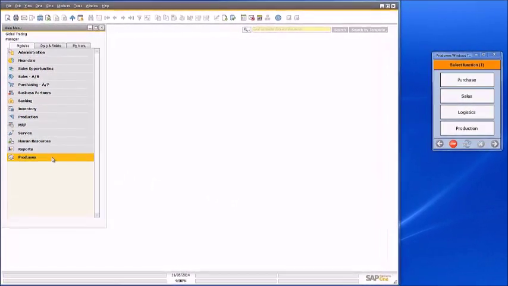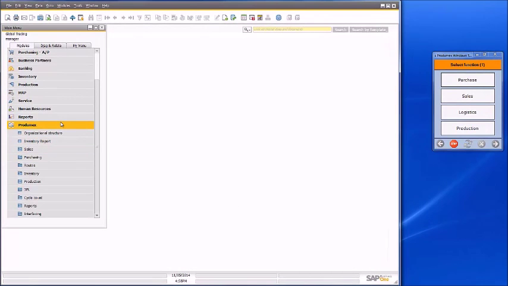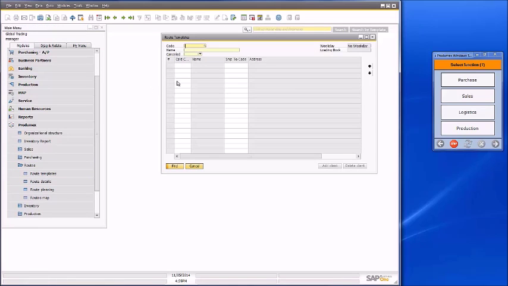Welcome to this video demonstration of the routes functions within PDMX for SAP Business One. The administrative module of PDMX for SAP Business One offers functions which allow you to define, plan and execute delivery